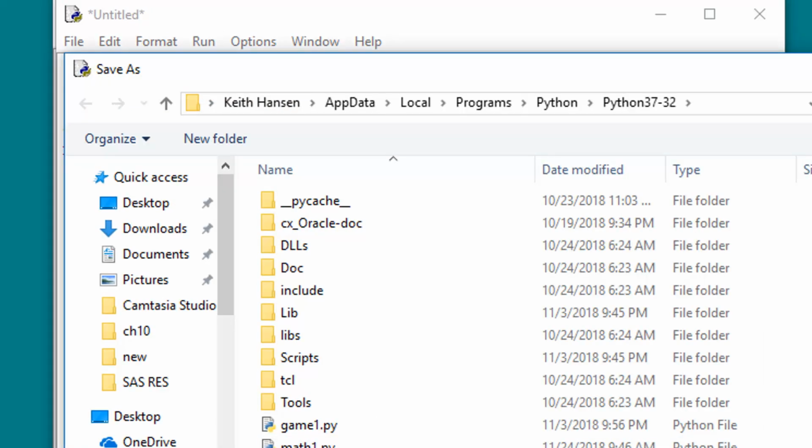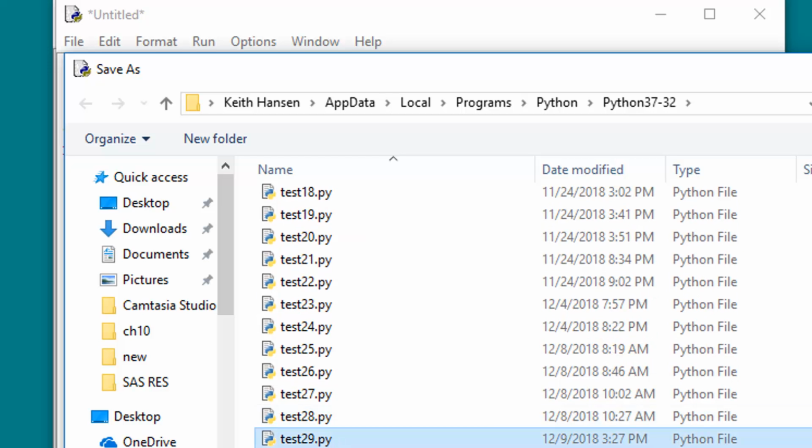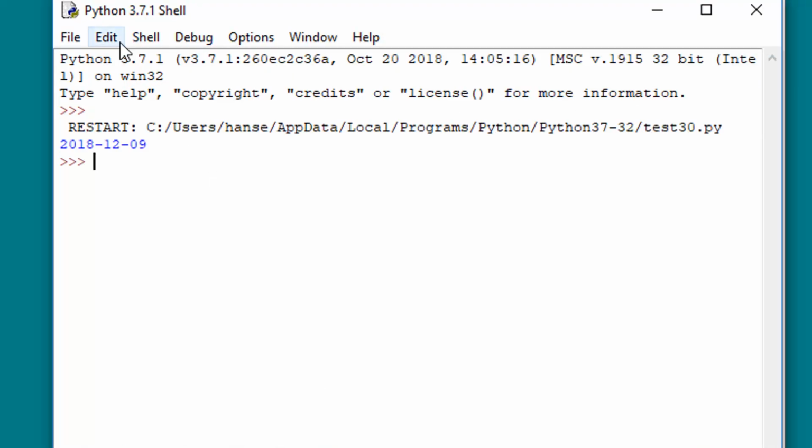Oh, it's going to make us save. Let's find a suitable name. Increment the number a little bit. Okay, so it runs and it pulls in the current date